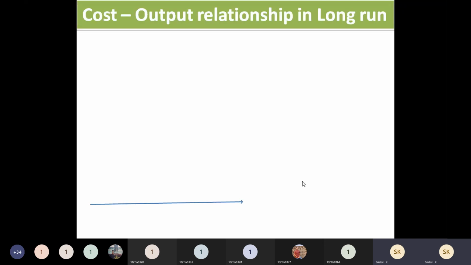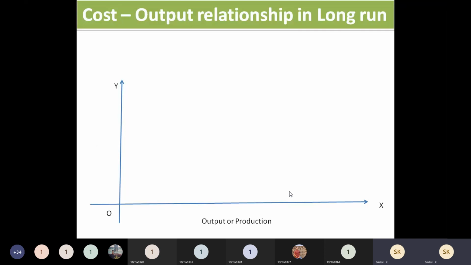In most of the cases, they will ask you short run relationship only, but sometimes they may be asking you long run relationship also. So in this case, there will be a slight difference in showing the graph. So how this is shown, let us see. You understand here, concentrate more on this graph. I am going to explain you clearly. If you go through directly the whole graph, you cannot understand.